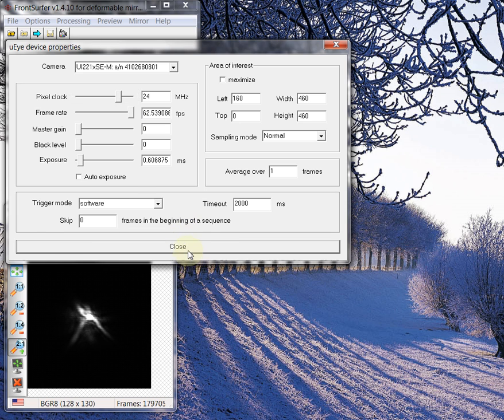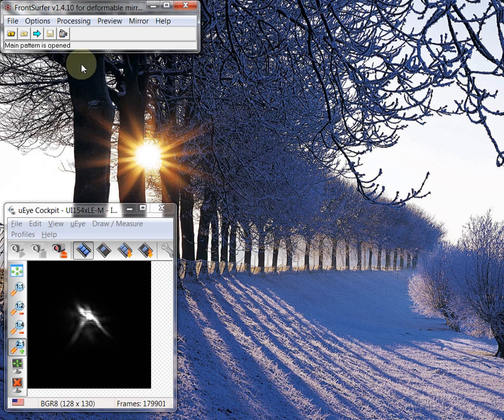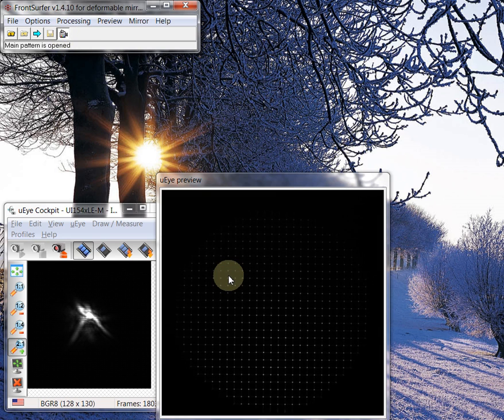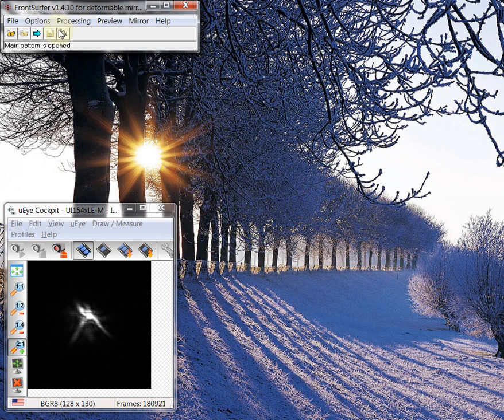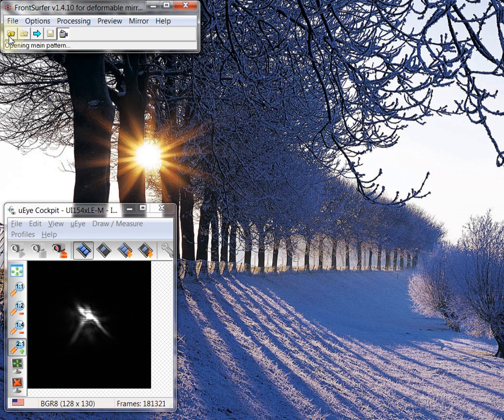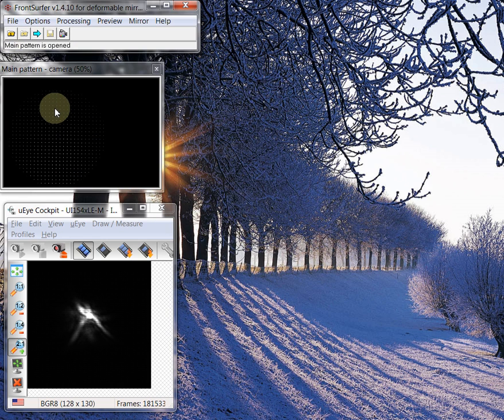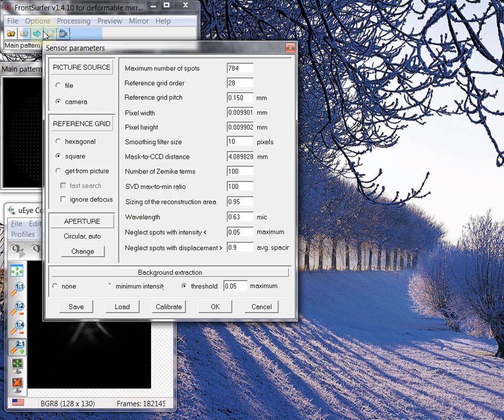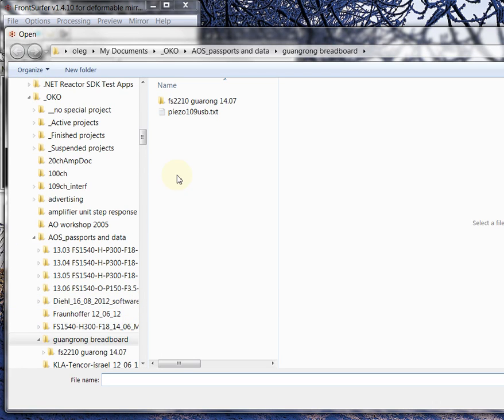So let's check the preview image now. I do it like that. Yeah, it's very good. We can crop a little bit from the top if needed, but you can work with this as well. So now if I grab the image with this button, FrontSurfer grabs it, and now I need the right parameters to process the image. This is done by this option, parameters, and then I load the parameters from